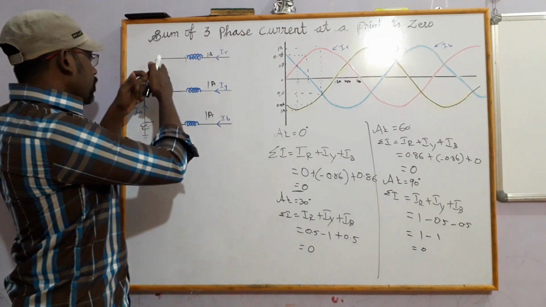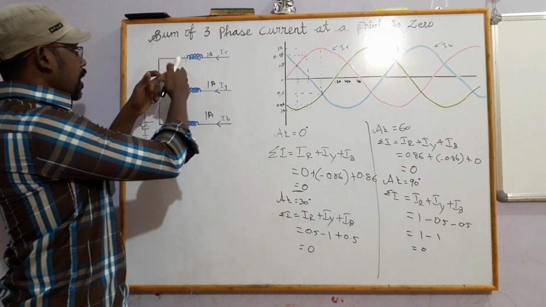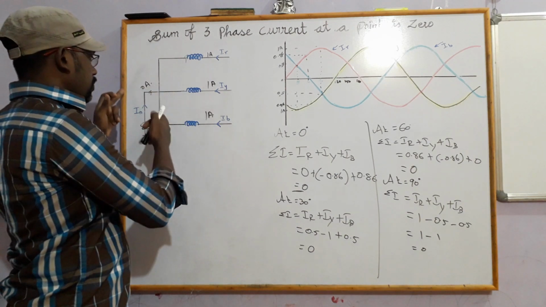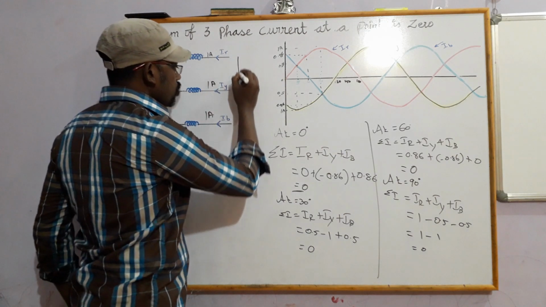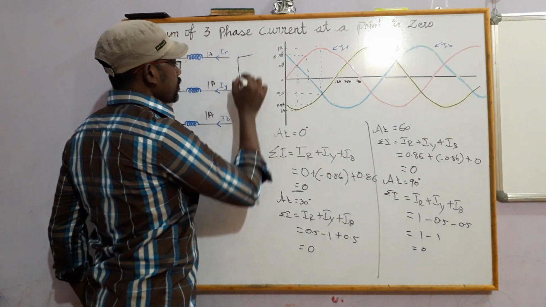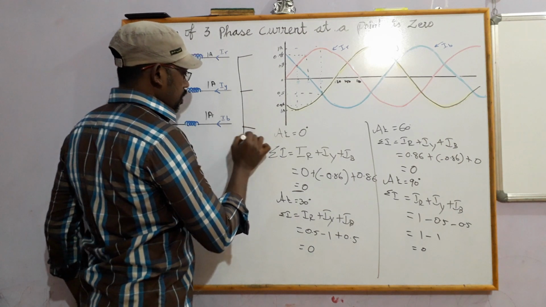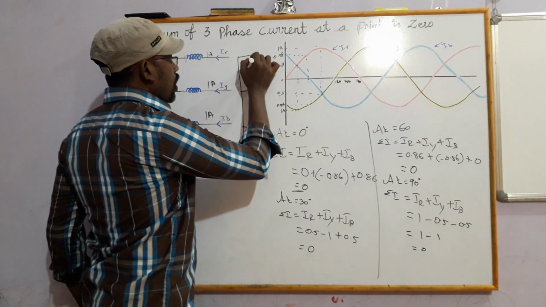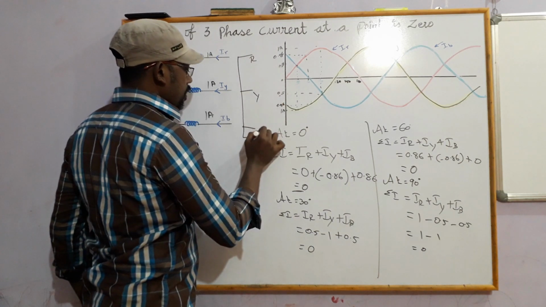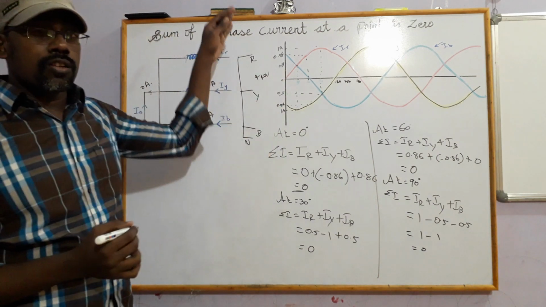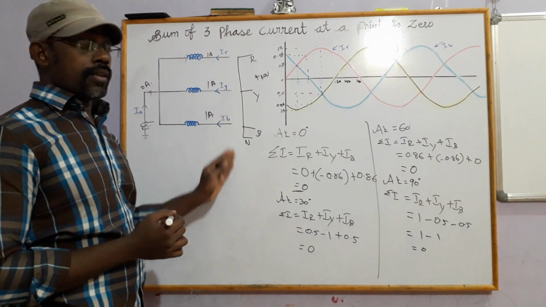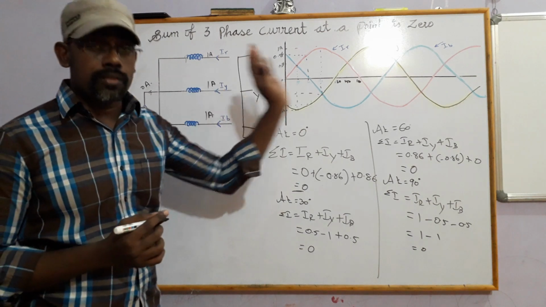And this is a short made at the neutral line, the three phases shorted at the neutral line. Suppose you are making the three-phase short at the source end. This is the neutral, R, Y, B. Let us consider 440 volt. Now I am making the short at the source end, that is the phase end. I am going to switch on the supply.